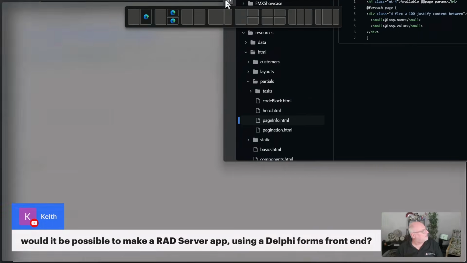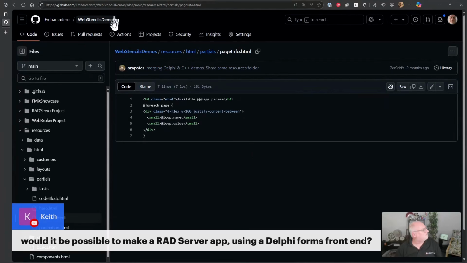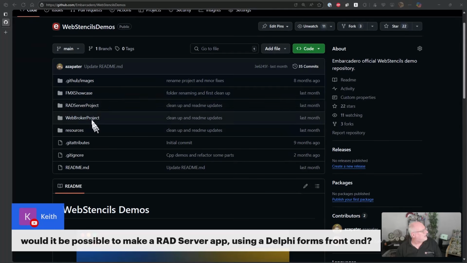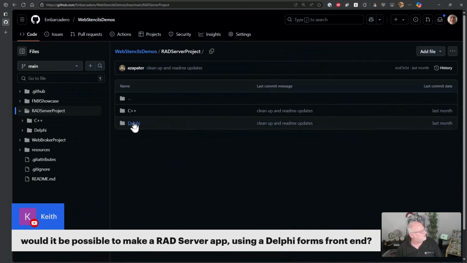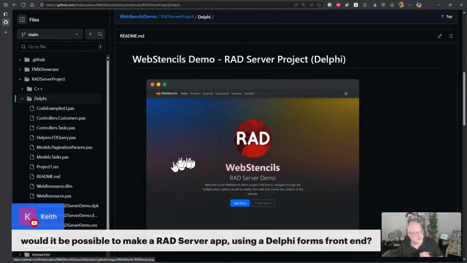Yeah, so this is your official Web Stencils demo site, github.com/Embarcadero/web stencils demo. And to answer your question, is it possible to have a RAD Server one? Yes, there is a RAD Server project, in Delphi and C++, and it does all of this stuff that you see here. I've shown this demo before,